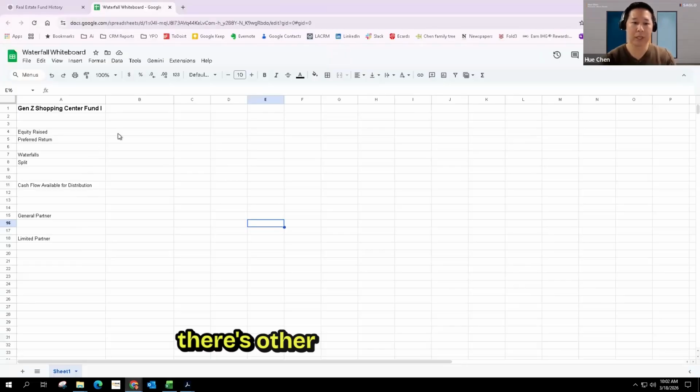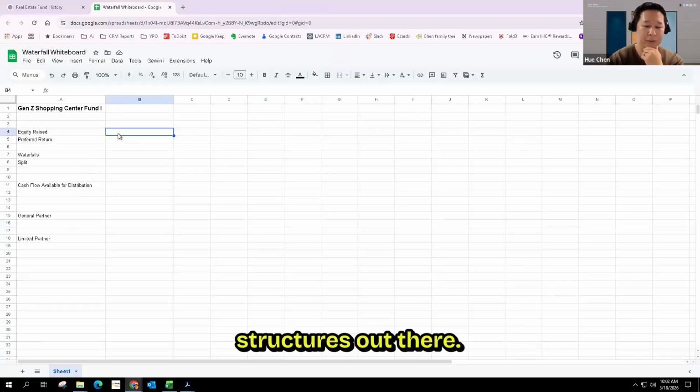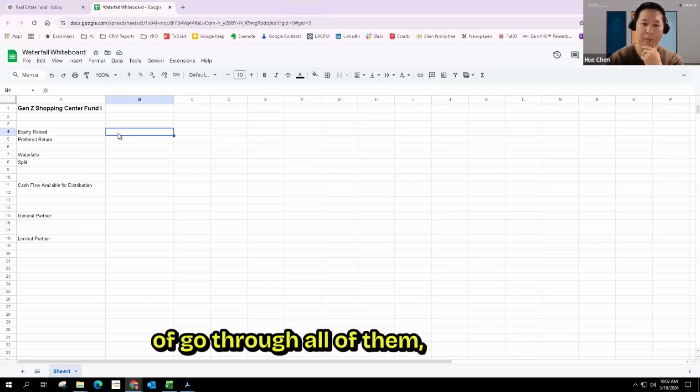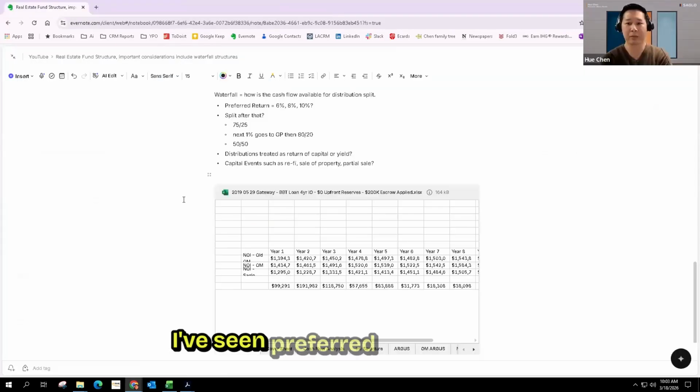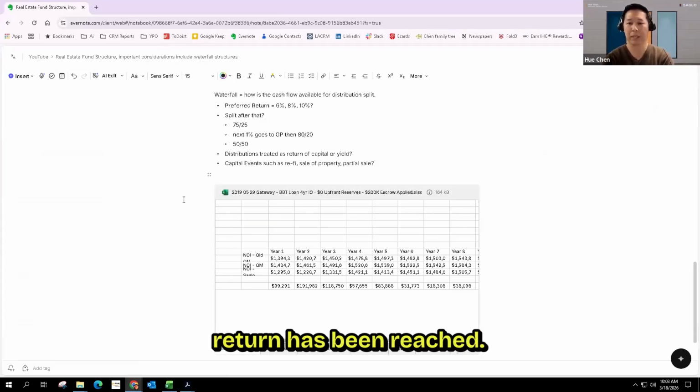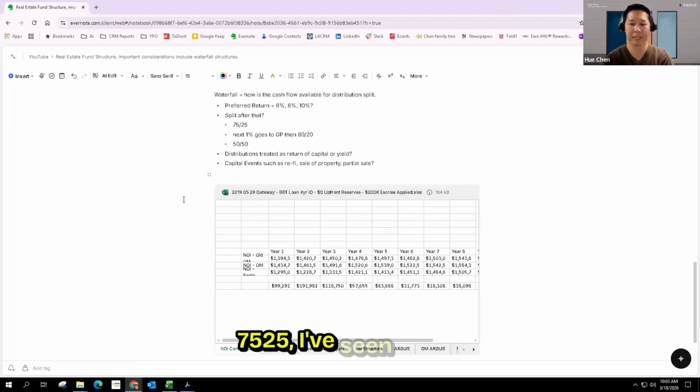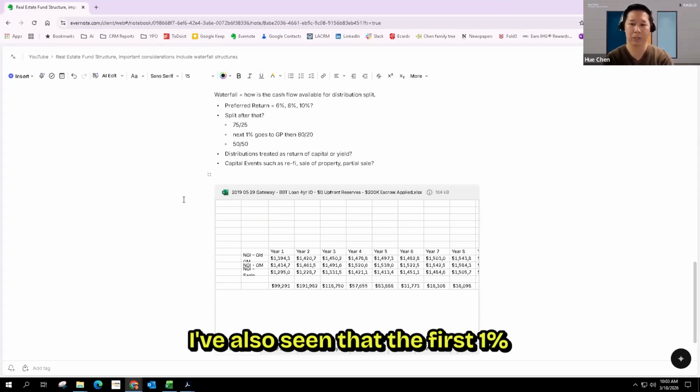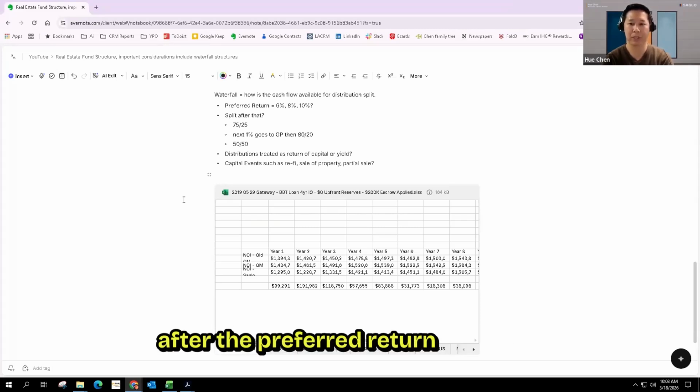Now, there are other different waterfall structures out there. I don't think I'll have time to go through all of them, but maybe I'll describe them. I've seen preferred returns of 6%. I've seen them at 10%. I've seen that after the preferred return has been reached, a 50-50 split. I've seen 75-25. I've seen 80-20. I've also seen that the first 1% after the preferred return has been met goes to the GP and then